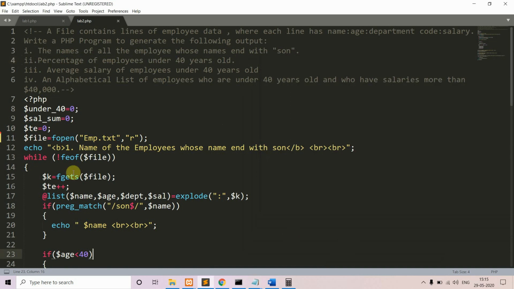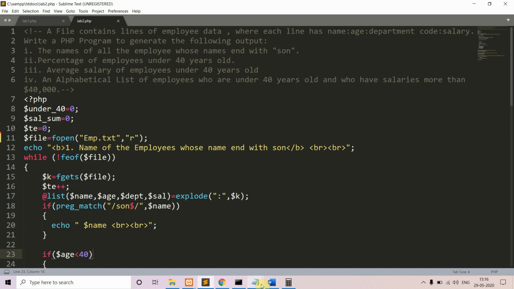So first we have opened the file, and now you have to read its contents. While not end of file, that is, while you have still not reached the end of the file, we read the content of the file and store it in this variable k.